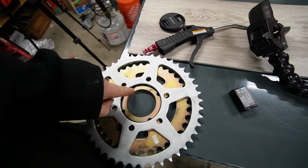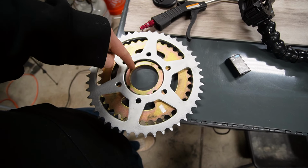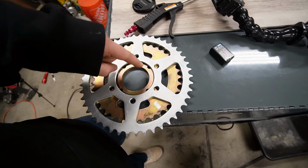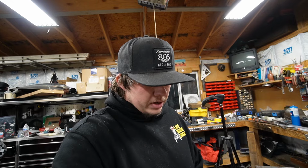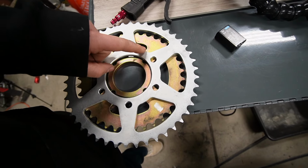For my axle, this old sprocket that's underneath, the holes go through there to put it in where it needs to go. So what I think I'm going to do is grind this zinc coating off, and then I will weld this to it. I know it's probably not the best thing to do. I should probably just make a plate to stick inside of here. I guess I could figure out where center's supposed to be. And then I can kind of grind this out a little bit bigger to where...